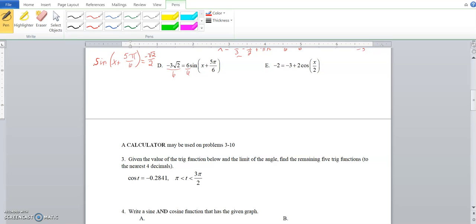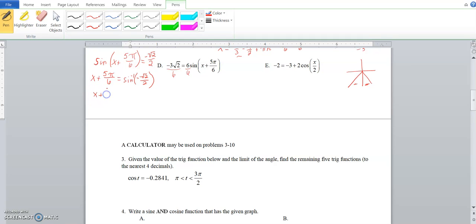Now we can take the trig inverse or sine inverse of both sides. So if we take the sine inverse of sine of x plus 5 pi over 6, we just get the x plus 5 pi over 6. That is equal to the sine inverse of the negative square root 2 over 2. So we're asking ourselves, what angle is sine equal to negative square root 2 over 2? In terms of our quadrants, here sine is negative here and here. Square root 2 over 2 refers to 45-degree angles. So our answers are